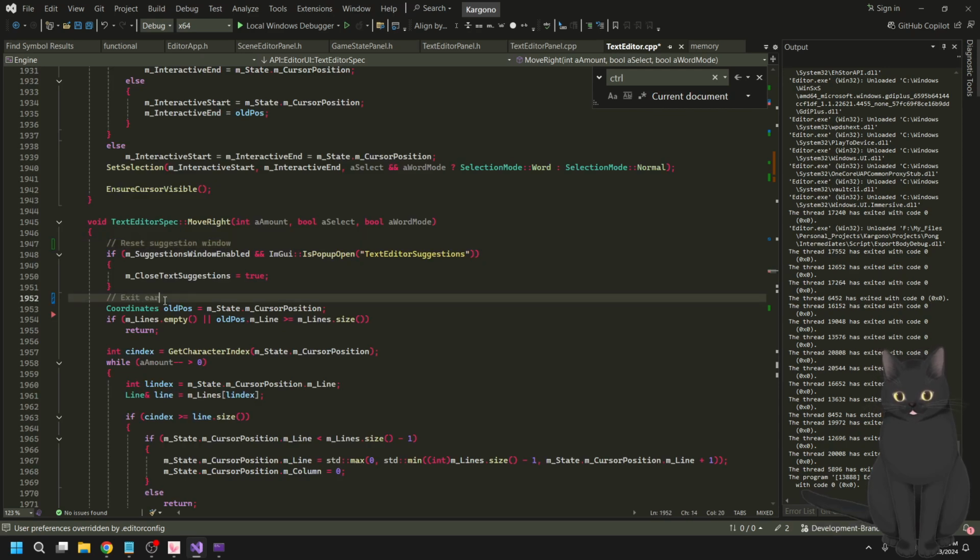Exit early. Exit early if hold position of M line greater than equal to. Oh yeah, so if how do I say? Text is empty, or cursor position is